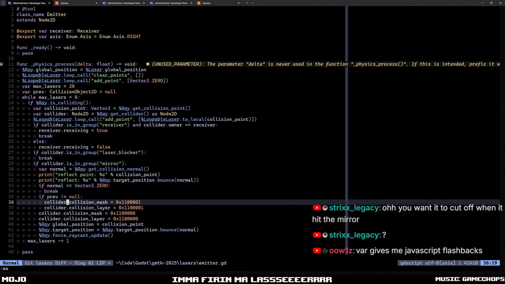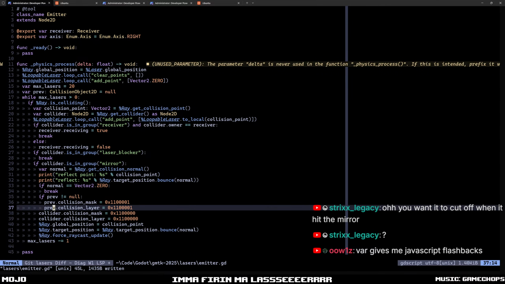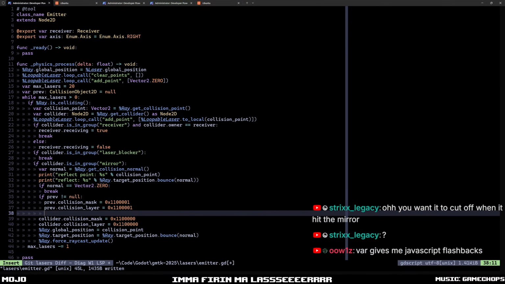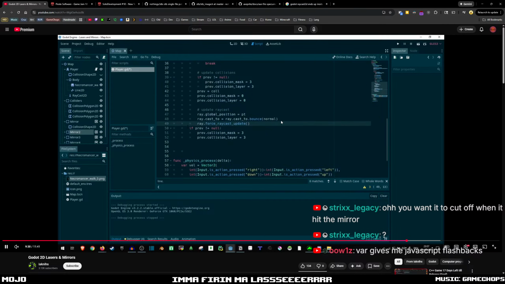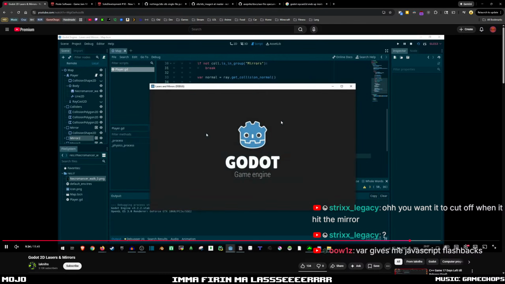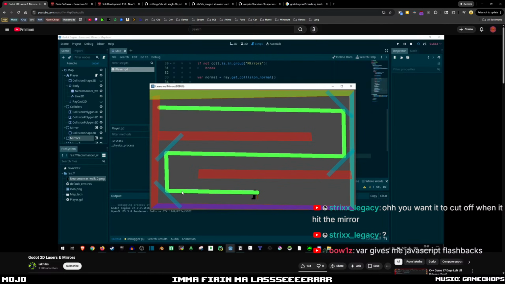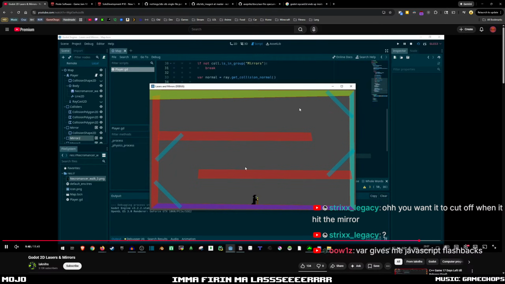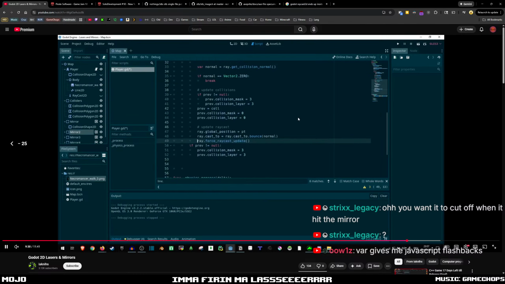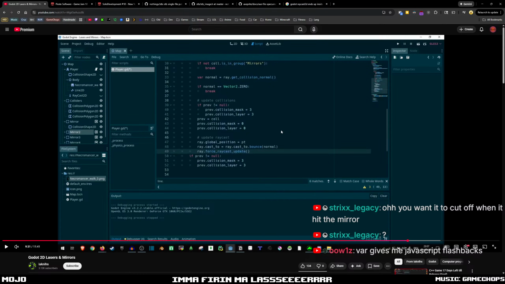Oh, and it's prev, right? And then out here. Yeah, this guy's lasers are so cool. Okay, I gotta figure out what I'm doing wrong though. If previous is not null, yeah, basically what he's doing